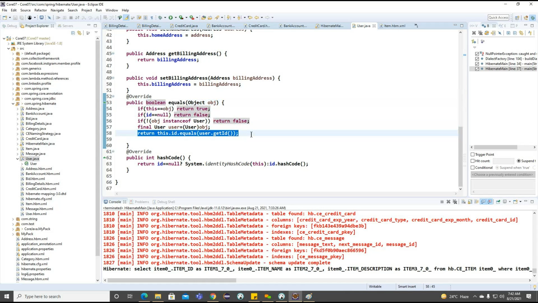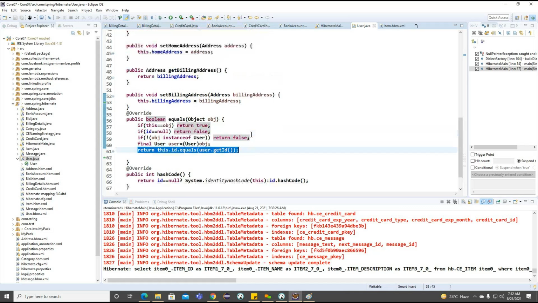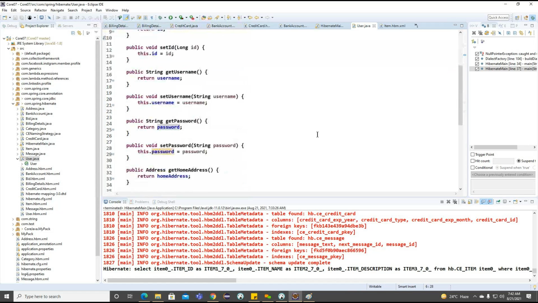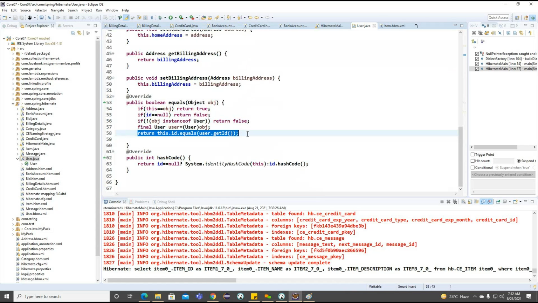Instead of checking the ID, if we want to check other conditions here, what other conditions can we check? We can go for the username and password, because we have different properties here. With the help of this username and password condition also we can make the comparison. Same way as we provided the return type here, we can make the condition: if the username is not equal to the given object's username, we'll return false. Same way for the password also.